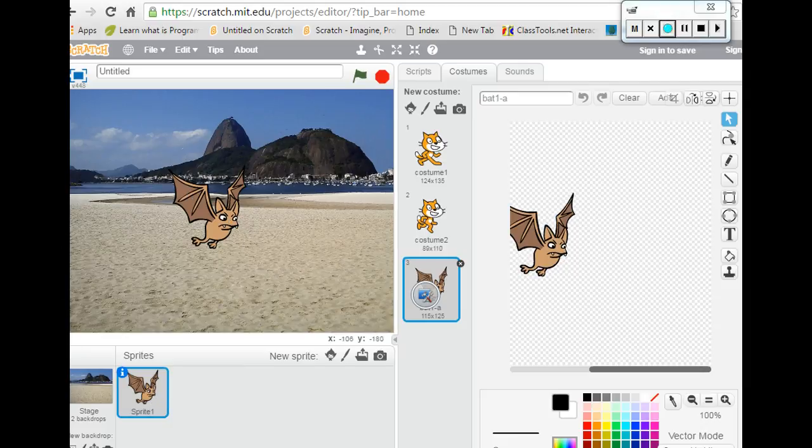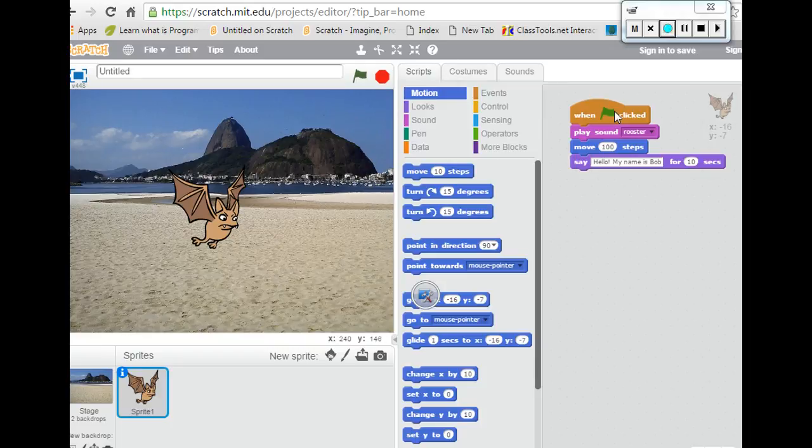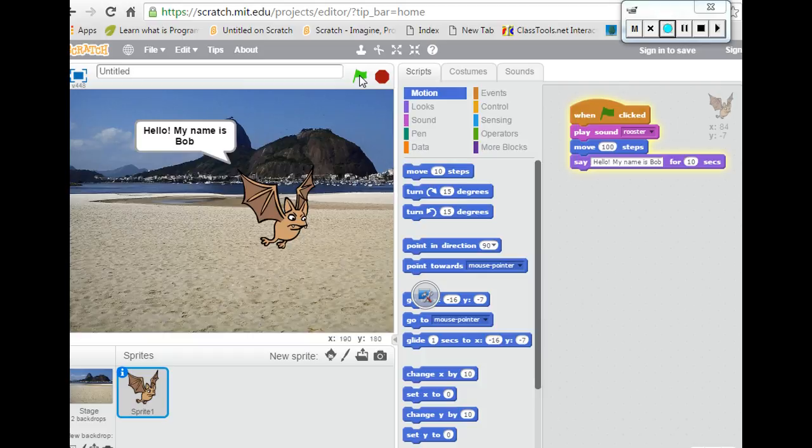So now I've got the bat, I've got a background, and I've got my mini script, which is when I click the green flag, he will make a sound of a rooster, move 100 steps, and say, hello, my name is Bob. Obviously, the best way to get really familiar with this is to play around with it, have a go, and of course, probably the simplest way to find out about it is to introduce the children to it, and quite quickly you will have some experts, I'm sure, in your class. So, the next thing we're going to look at is